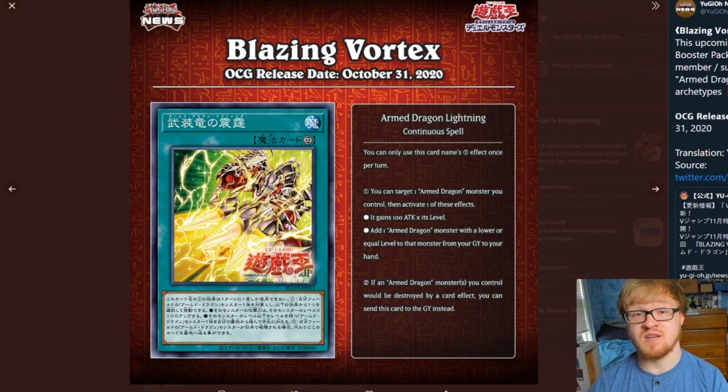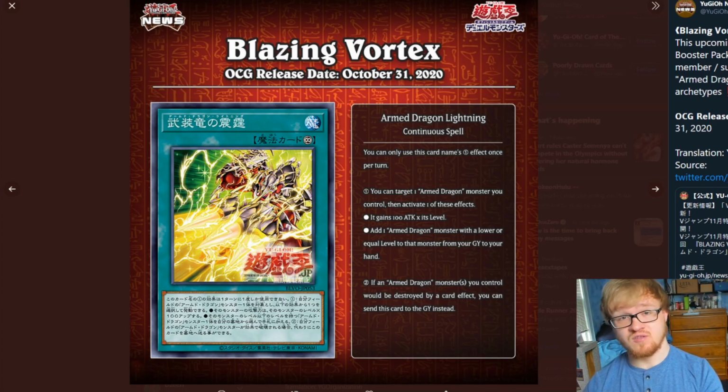Armed Dragon Lightning is a continuous spell that says you can target one Armed Dragon monster you control and activate one of these effects. It either gains 100 attack times its level, so in the case of a level 10, that's a lot of attack points, and that will get it closer to that 10,000 mark for its final ability. Is that valuable? I'm not really sure, but anyway,